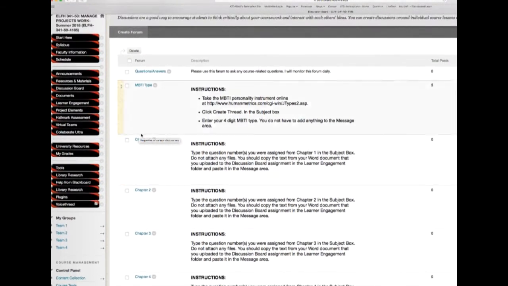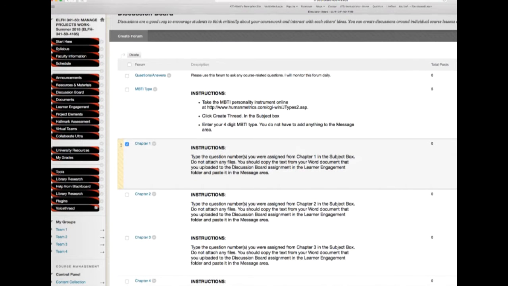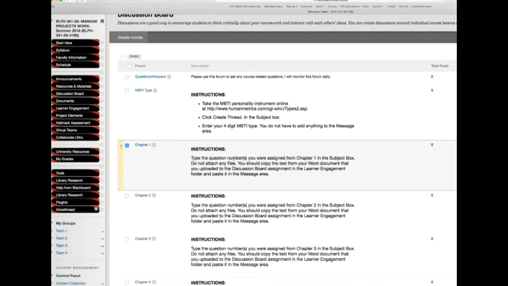As we study the project management elements from chapter 1, you will have assigned to you a discussion question for the semester, and only one. So if you are one of the students responsible for questions in chapter 1, you simply type the question number you were assigned in the subject box. You don't attach any files. You should copy the text from a Word document that you uploaded for the assignment and paste it in the